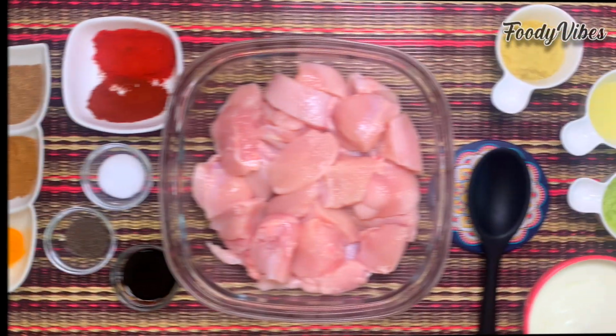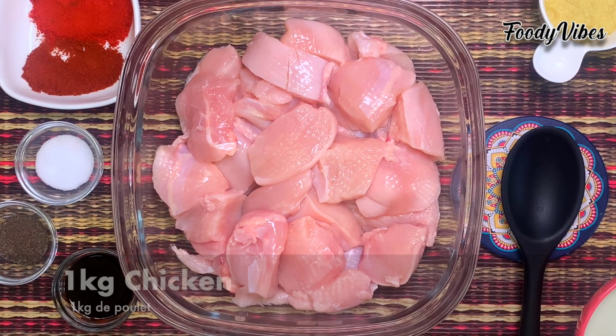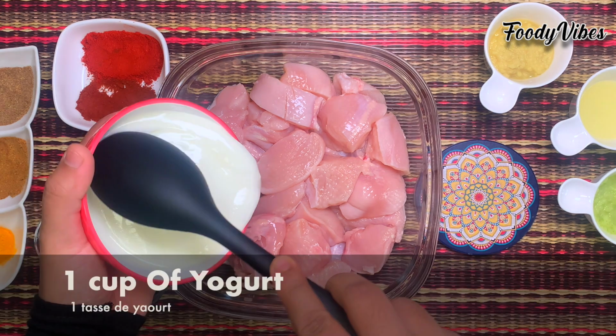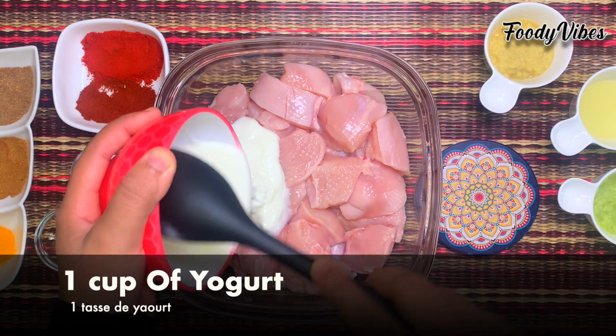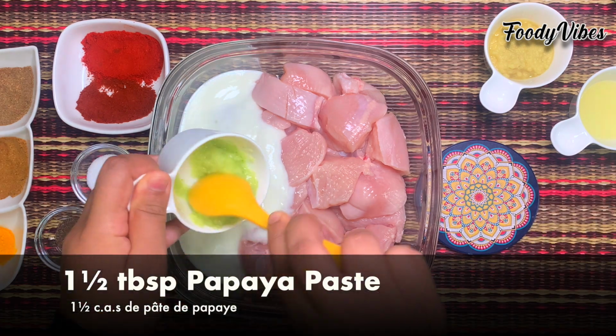I have already cut the chicken into cubic pieces nearly 4 cm in size, and note that the chicken should be well drained after washing. We'll add 1 cup of yogurt, some papaya paste which will act as a tenderizer,